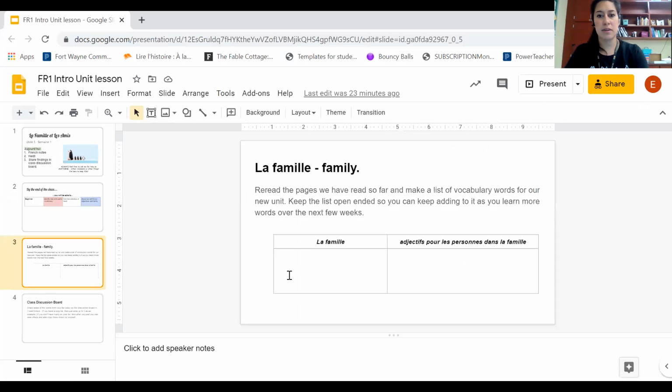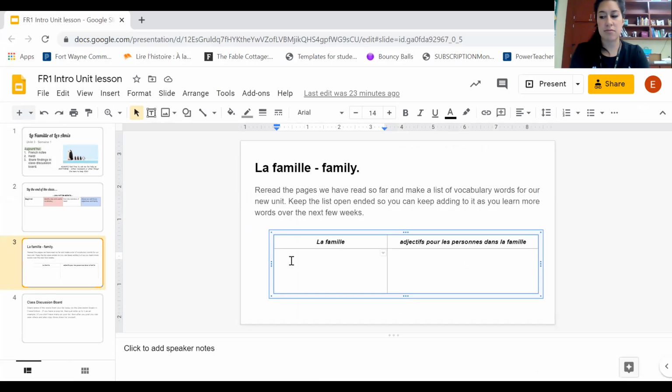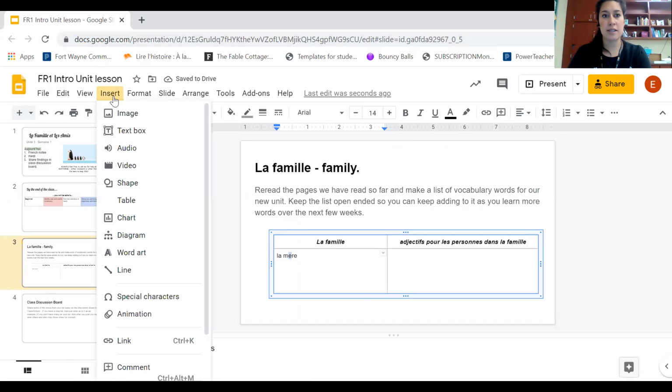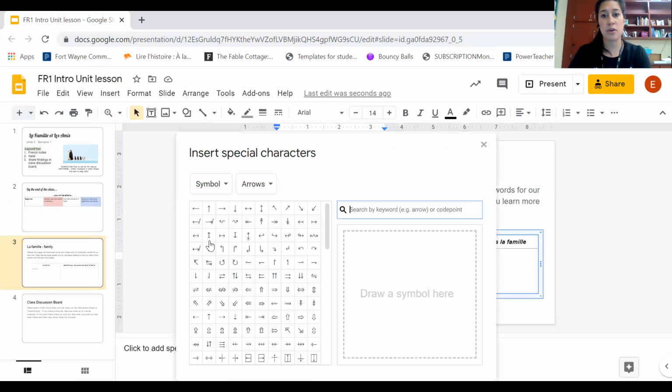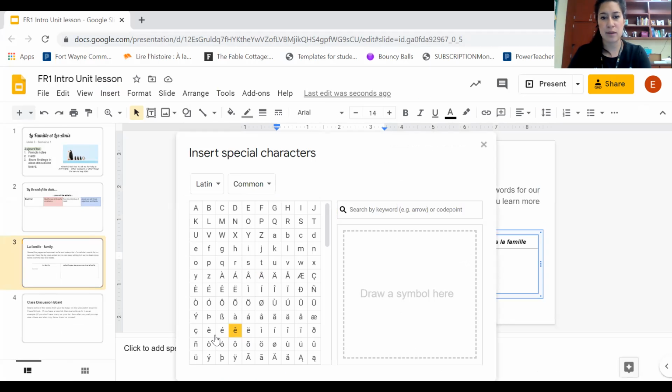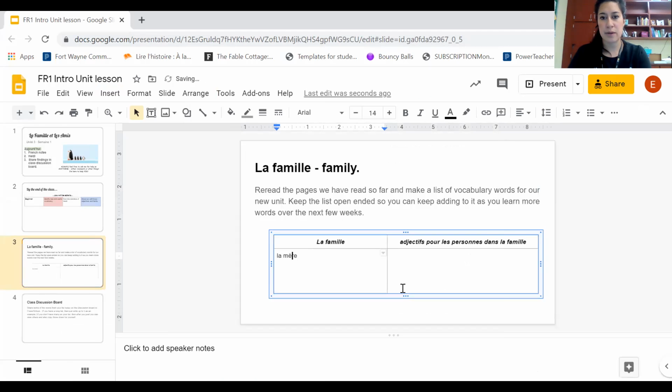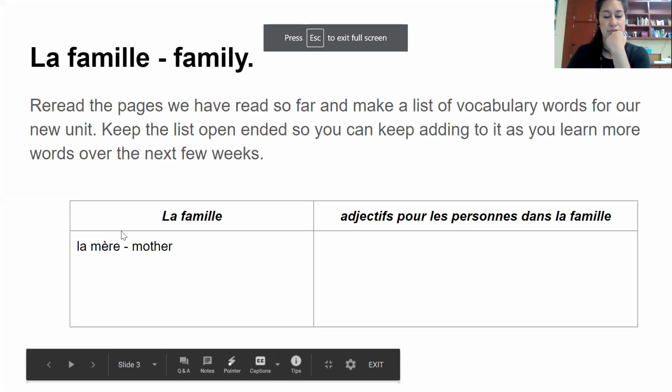And then in your table, if you're doing it by writing, then just write it out. If you're doing it by typing, type it out, la mère. And remember to put in your accents. If there's accents right there, you 100% need to be putting those accents on as well, okay? And if you think that you're going to forget what that means, then by all means, these are your notes, put it in English too.